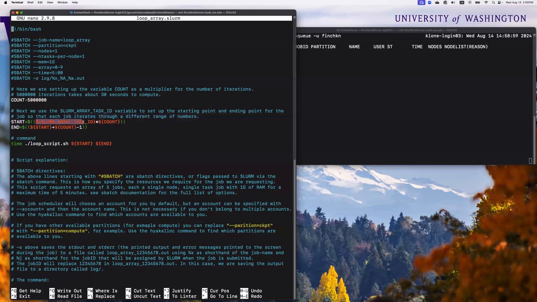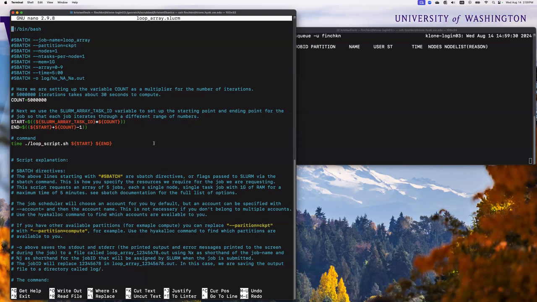So this is going to start as 1 multiplied by 5 million. So our starting count is going to be 5 million in the start area. And then that's going to add 5 million plus another 5 million minus 1. Okay, so this is all very abstract. I'm just showing you that you can use these Slurm environment variables to do math and to start controlling your scripts and send out this array of jobs that are just going to count different ranges of numbers in a